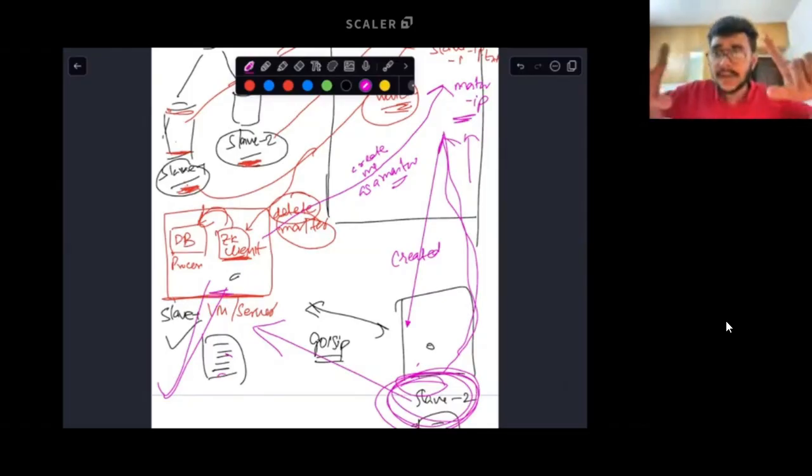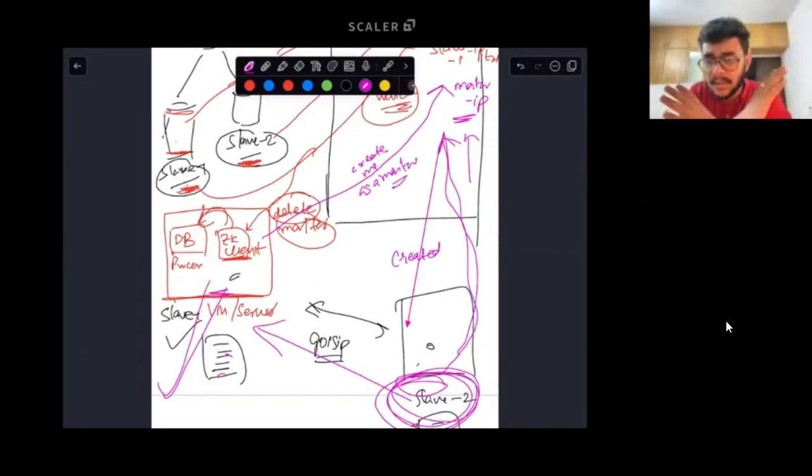As soon as the file gets deleted, anyone who had set up a watch will get a notification that a delete has happened. Correct? Anyone who has set up a watch will see that a delete has happened. As soon as they see that, they will get this response from the watch that they had set up. Then the Zookeeper client will tell the database process, let's conduct the leader election process.